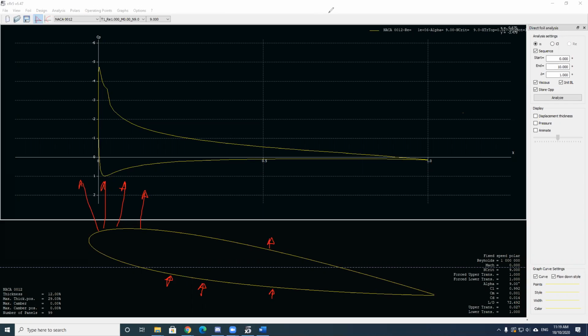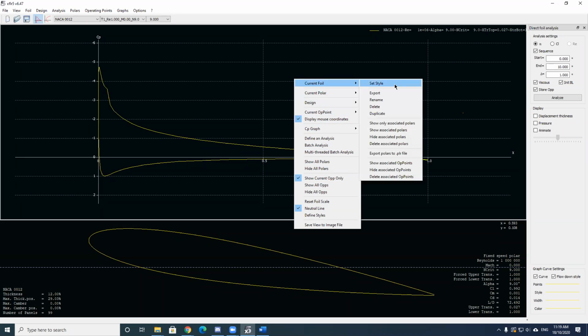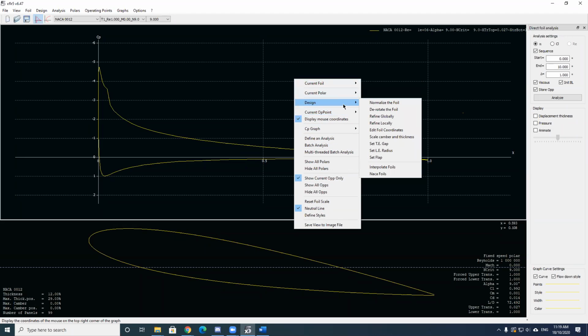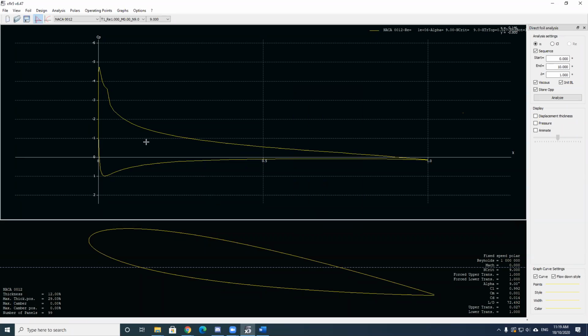There is actually a setting in Xfoil to display these arrows, these vectors. Maybe right click. Current foil. I don't know. Not important right now. Cool. So that's very good. We've just got our pressure. It's interesting for a few points, but